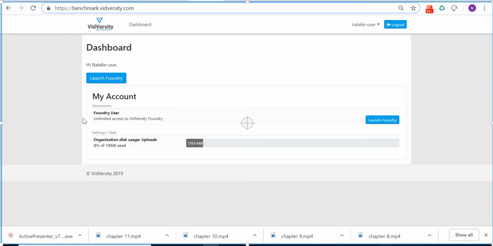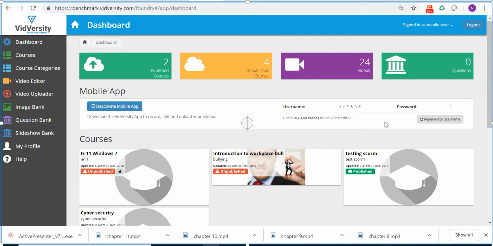So getting started with VidVersity. You'll see when you log in, you come to this area here, click on Launch Foundry, and it will launch you into the application. Now in relation to the application, we have our desktop application, which is this one here,